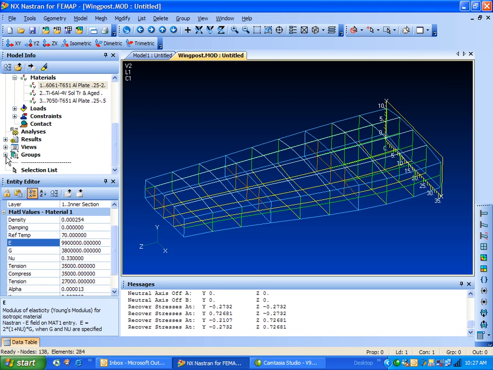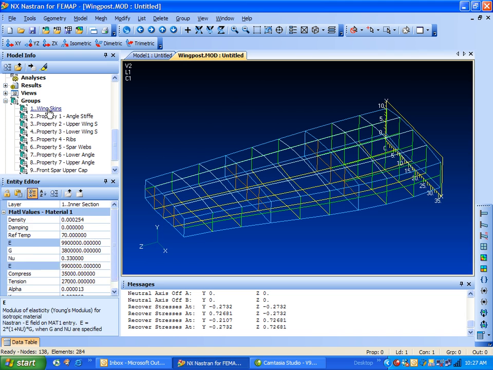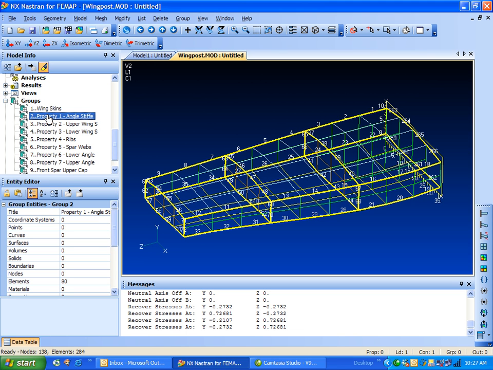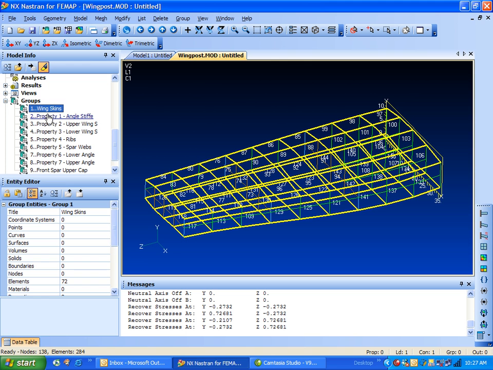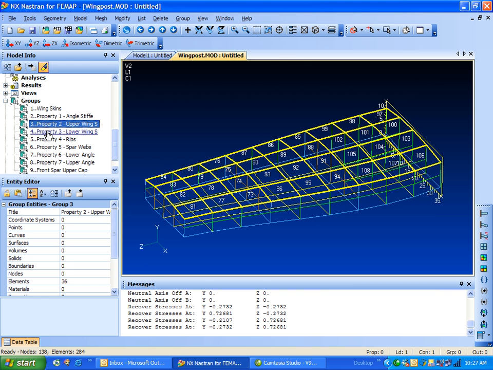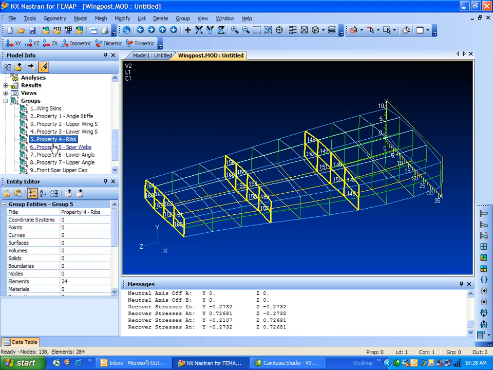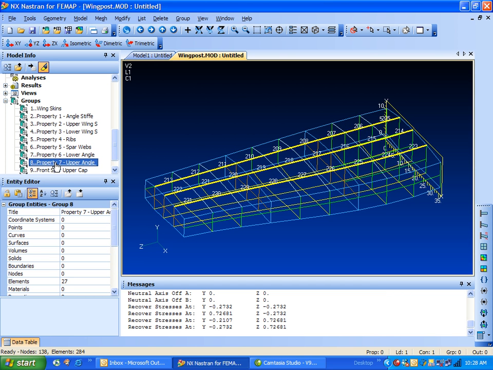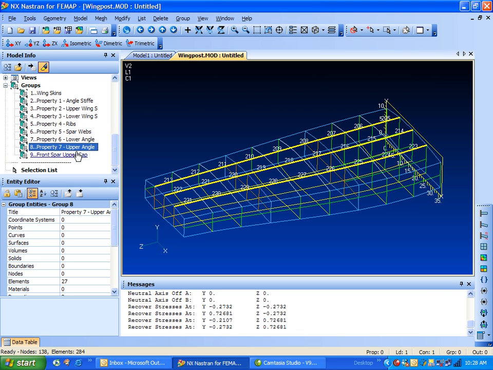One of the big things I want to show you is some of the grouping things we can do. Right now we're displaying the entire model in the graphics window. But if I wanted to know what was in this group, I can click the highlight and basically surf up and down the tree. You'll notice all the entities in that particular group do highlight as I select it. And this is real handy in a bigger model,